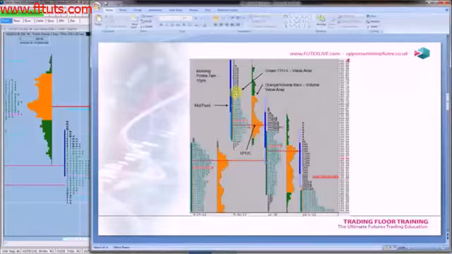And both parties will keep going back and forth, auctioning the market whilst they are trying to find value. Value does shift because things change. But whilst the market is relatively inactive, such as a day like today, you have